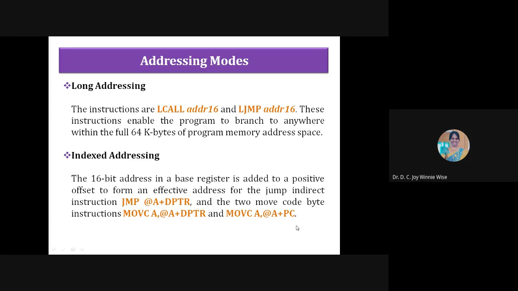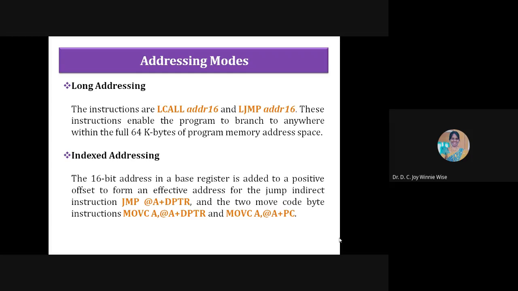Okay. And here, coming to this instruction, we are adding A plus the program counter, and the data in that memory location is transferred to the accumulator. So that's all about this index addressing. First one is we saw register addressing, in which the operands must be registers. Next one is direct addressing, in which one of the operands must refer to the special function register.